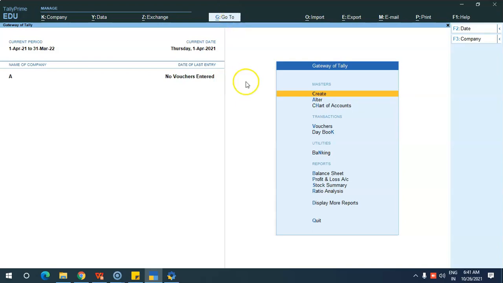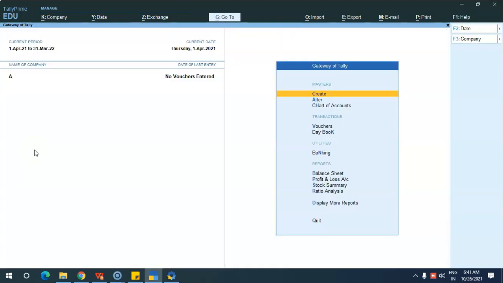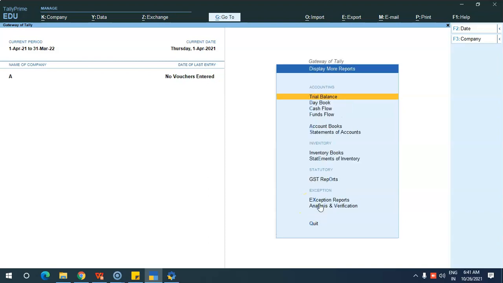In Tally ERP9, we don't have this go to option. This is the major advantage in Tally Prime. If you click on the go to option, you can directly view any report from the very first screen. Usually you would go to display more reports and find all the reports over there.